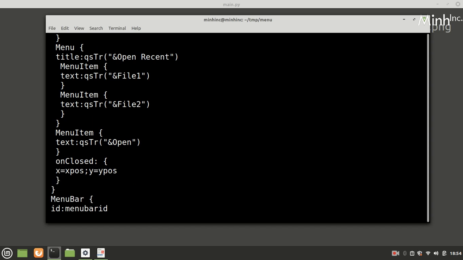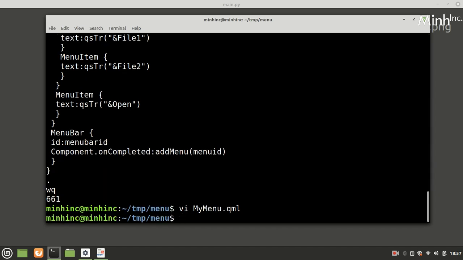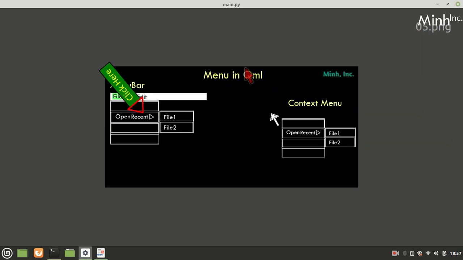Okay, and we'll add Component.onCompleted. Component.onCompleted: xpos equal to x and ypos equal to y. Okay, so we'll see this file here so that it should be more clear.